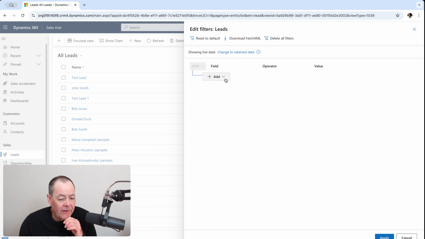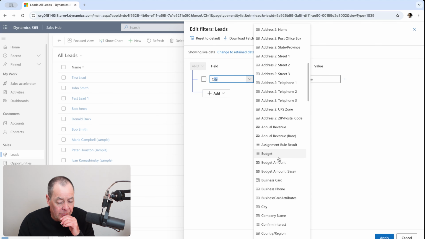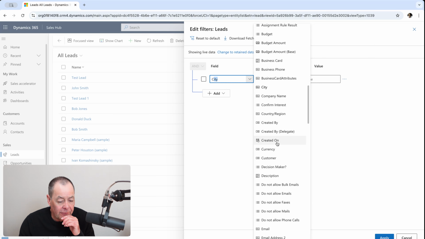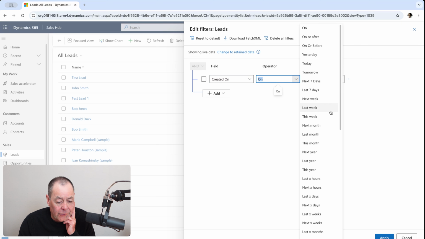So what I'm going to say is I want leads being created this month. So I'm going to add a row, which is effectively add a field, and I'm going to jump to created on. Then I'm going to choose an operator of this month,